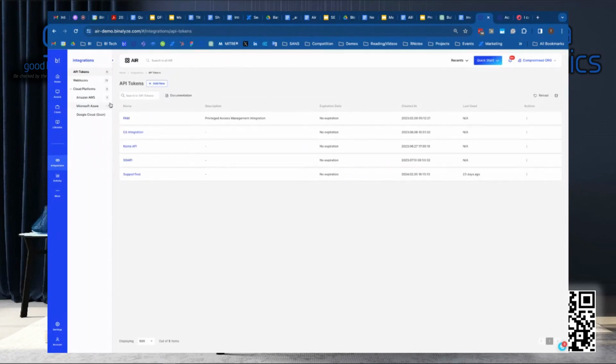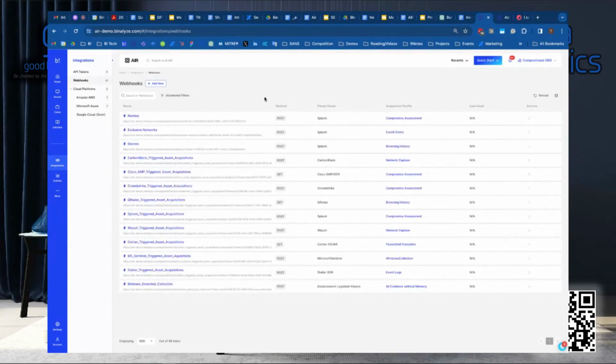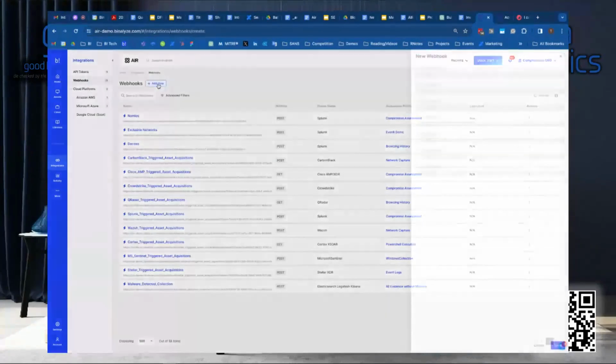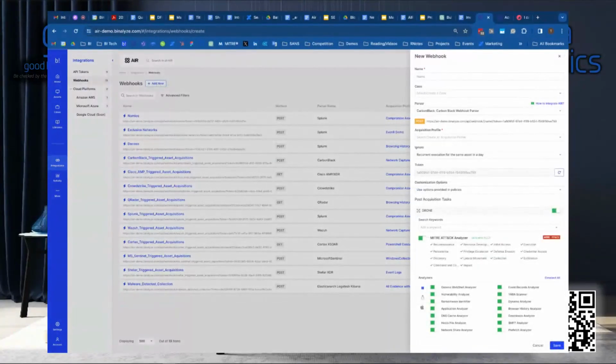What this means is I can use API tokens. We have a very open API for people to make use of so they can integrate directly within their existing security platforms. Or I can use webhooks. If I select webhooks, for instance, you can see that listed here are all of the webhooks that are available. If I wanted to add a new webhook to my installation of the console, I simply click